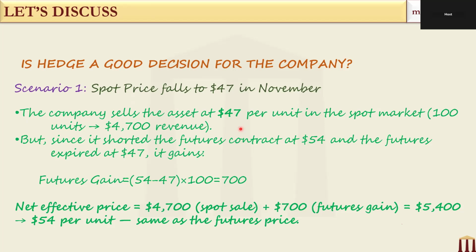You don't take the delivery of the contract, you still sell it at the spot market only. The counterparty actually does not take delivery in this case. So you don't sell to the counterparty. You actually sell in the spot market only,